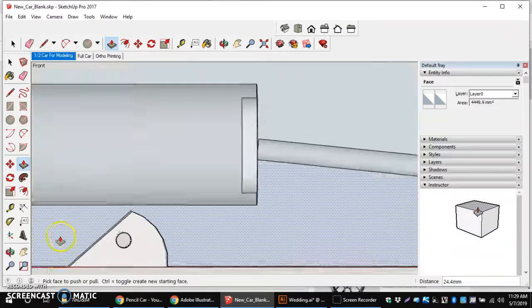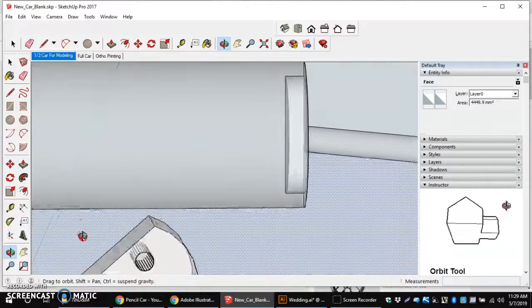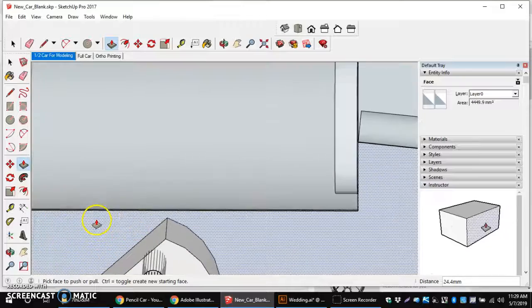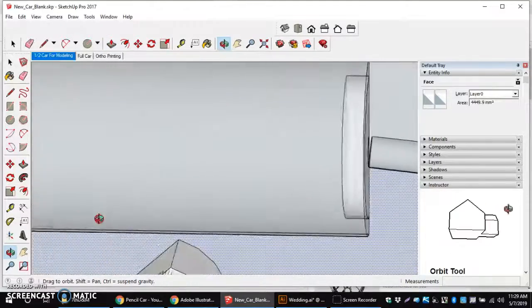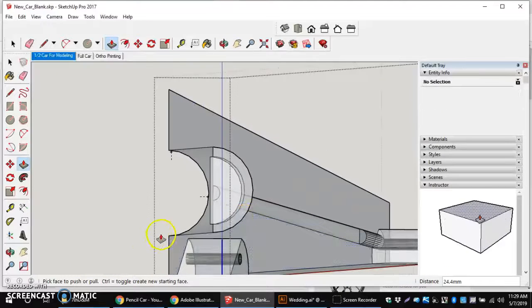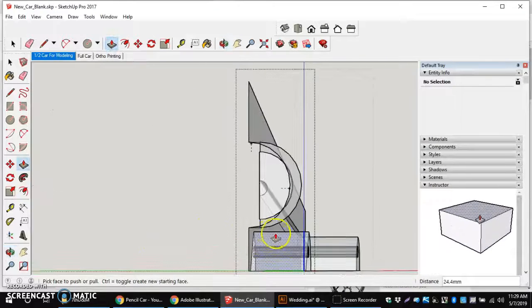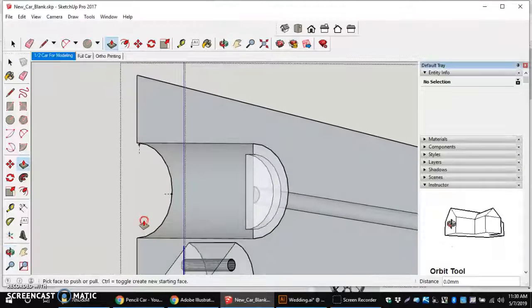The last little portion we have to do here is connect the bottom of this car with this portion right here. So to draw something to connect it, I am going to end up making another rectangle going straight out, which I'm going to end up deleting eventually, but this will help me draw this. So I'm going to make a rectangle going from here out,